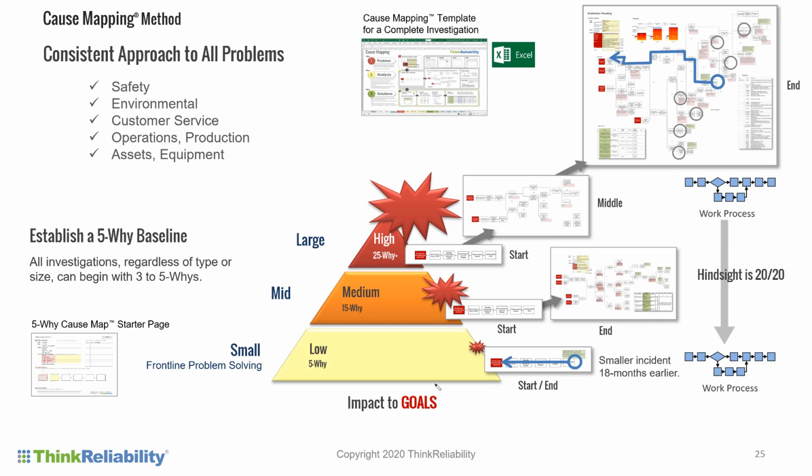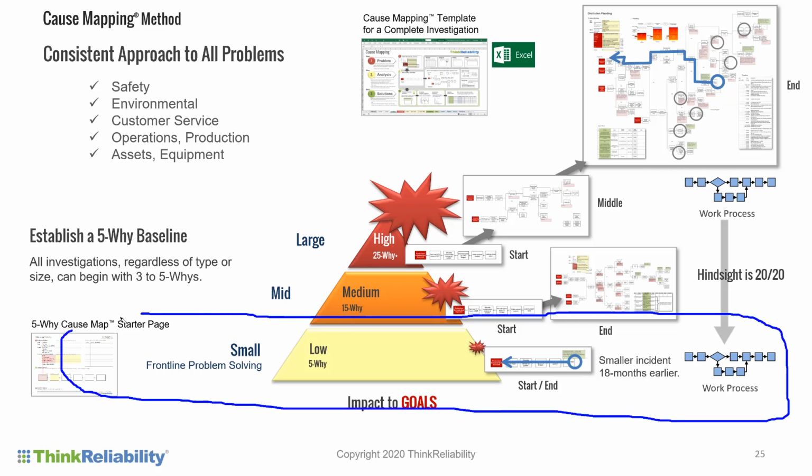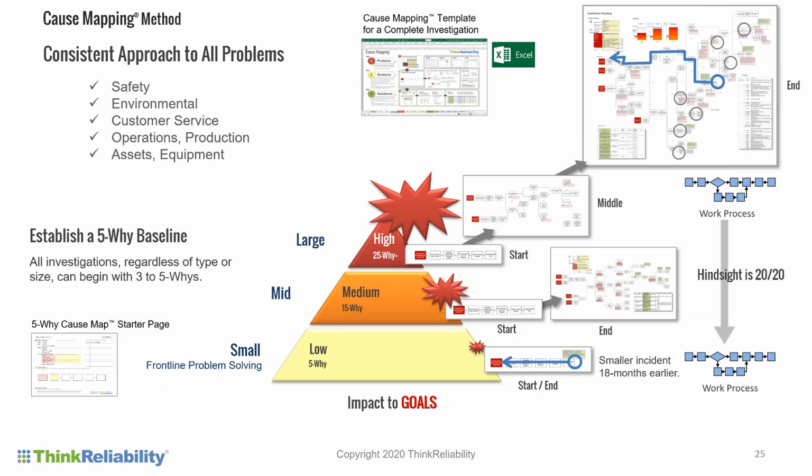So when you talk about the incident triangle from 100 years ago, these smaller problems here are the opportunity for the frontline people to say, oh, they see things a lot earlier than everyone else. So the closer you move problem solving to the front line and actually improve the way management, technical leads, and the front line communicate detail, the better your organization gets at preventing incidents from occurring in the first place. That's Heinrich's original triangle from almost 100 years ago.